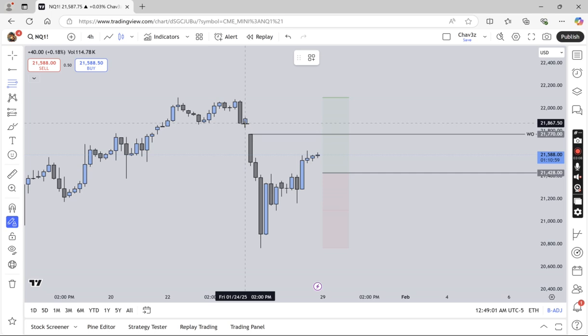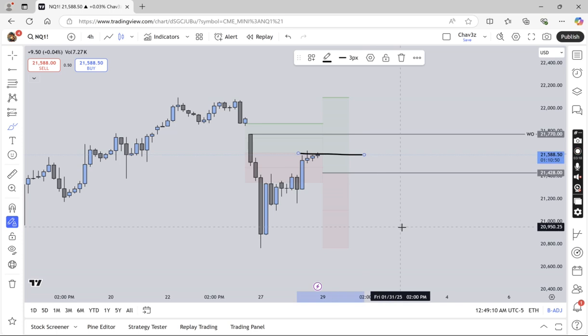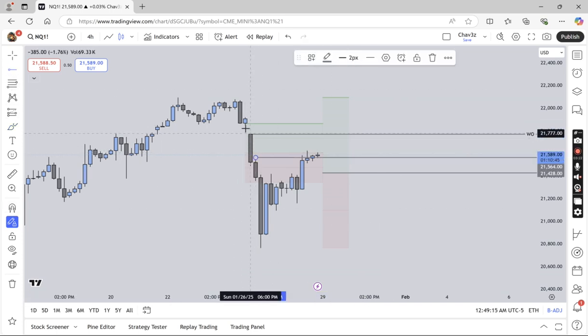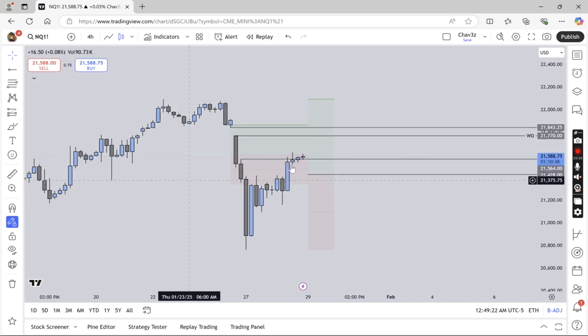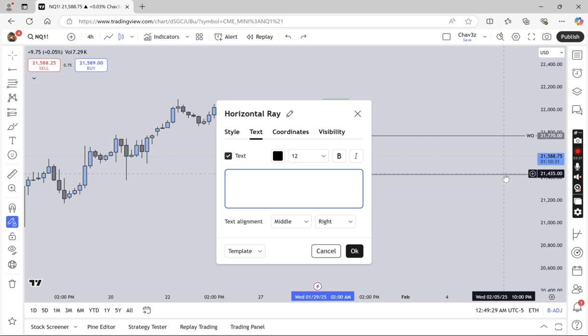And then this imbalance that we created here that I explained to you guys, we're also trading at and attempting to trade above the 50% of this. And then this imbalance here, which is the fair value gap, if we add the gap here, this would be the fair value gap that we're trading in, or the imbalance we're trying to fill. So erasing the fair value gap, just leaving our weekly open, and then adding our level here for bullish above and then short below.